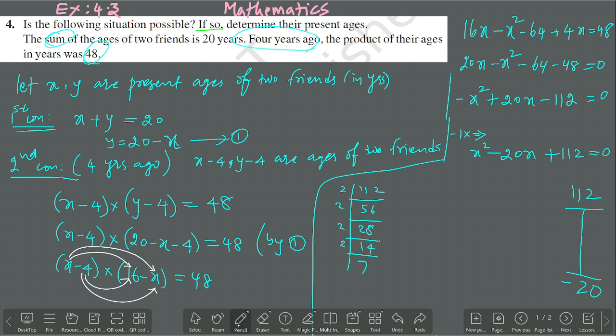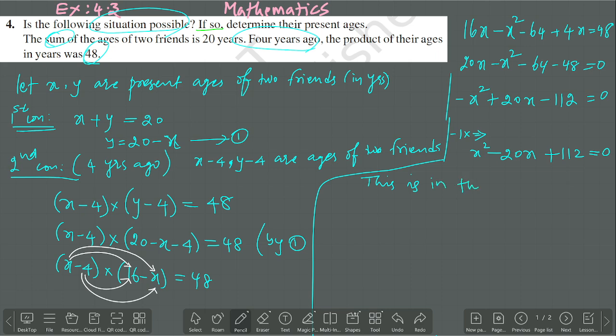We will check, then it will come. Why am I not going directly to solve this? Because in the situation, they said first you check whether it is possible. Maybe it's not possible, so we are not getting it. Shall we check? Good idea. So they asked to check, no? That we are doing. So this is in the form of